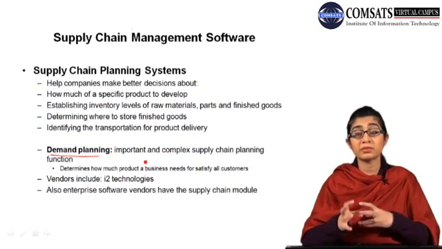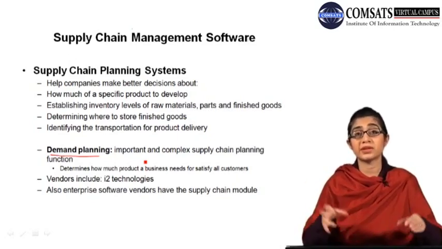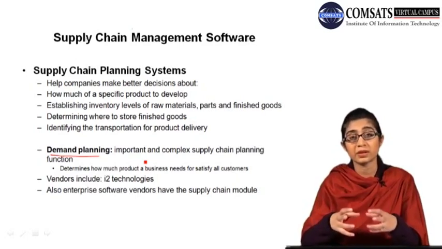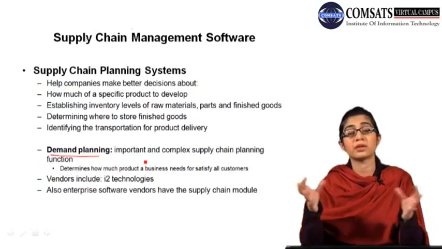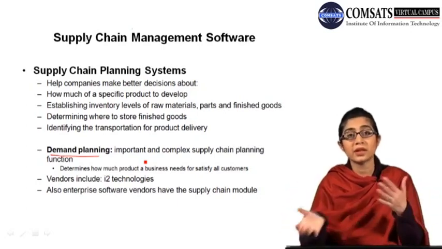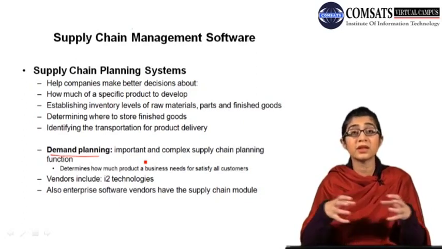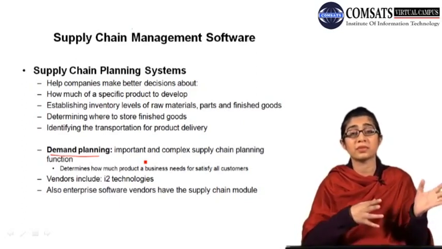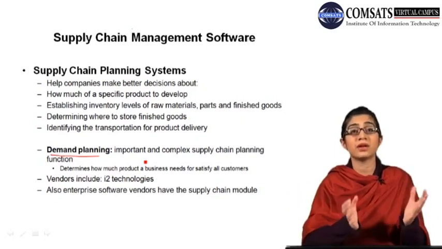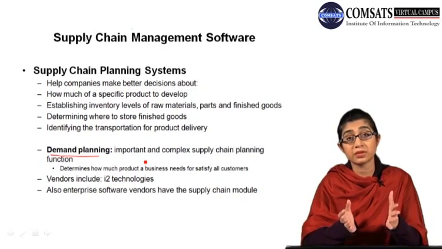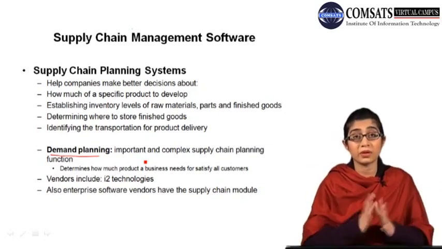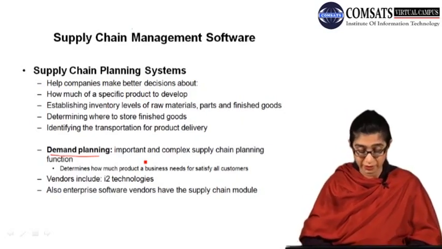So different kinds of problems can arise throughout the supply chain when the customer has a demand for a different set of products, or makes some change, or increases the demand for their product. That creates a widespread effect throughout the supply chain, and that can only be fixed if you have a system installed, or a planning software, for example, that can coordinate the work of all the members throughout the supply chain.